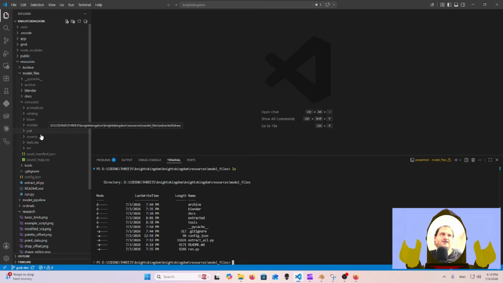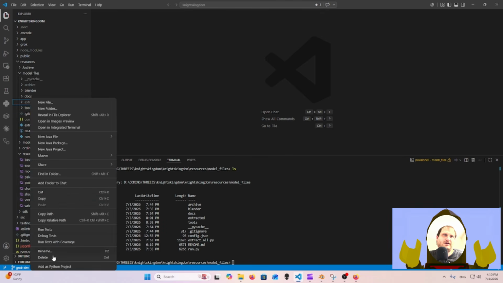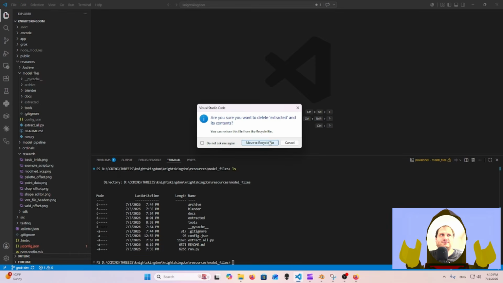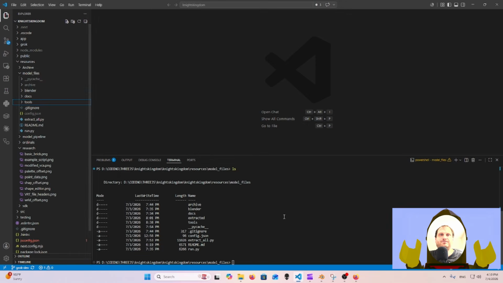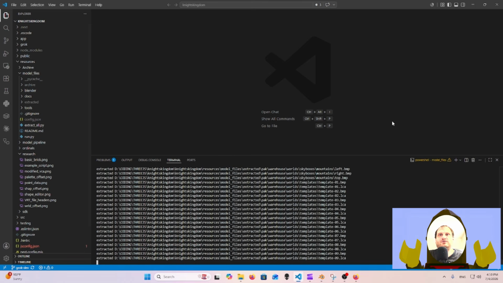So from here, you can see that you have the git ignore, then you have the extract all, readme, and run.py. So I'm going to remove the extracted folder right here. It's grayed out because I had set it in the git ignore so it doesn't push to the repo. And so I'm going to just do python run.py, and then it's going to go through the whole